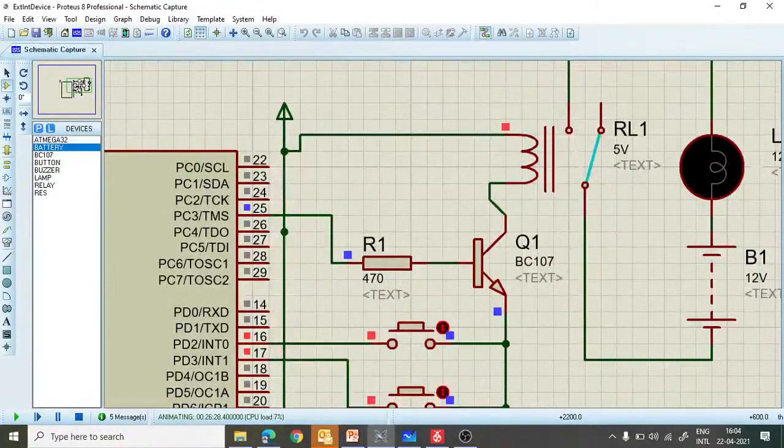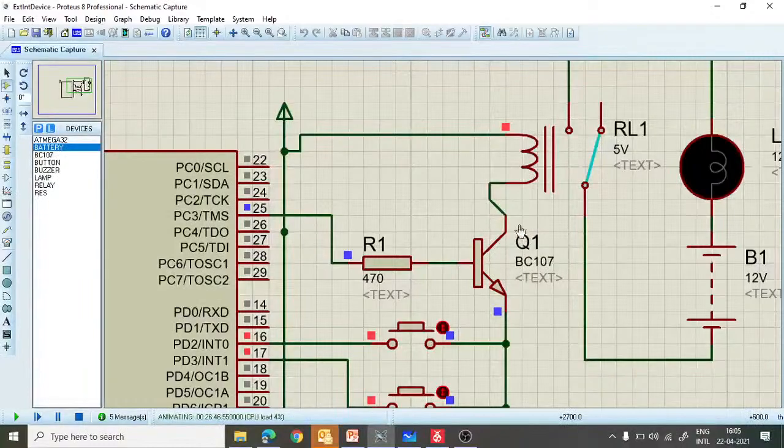In the Proteus software, as you can see here, I have connected one relay on PC3 through a transistor driver circuit. PC3 is connected to one resistor, the resistor is connected to the base of the transistor, the collector of the transistor is connected to the relay coil, and the other end of that relay coil is connected to the VCC power supply. So whenever this pin is set, the transistor will conduct.